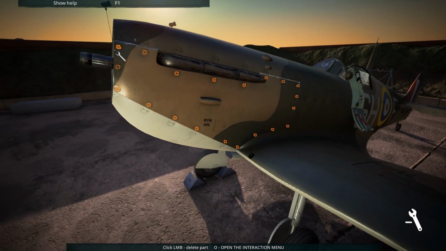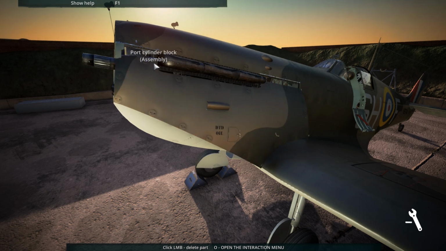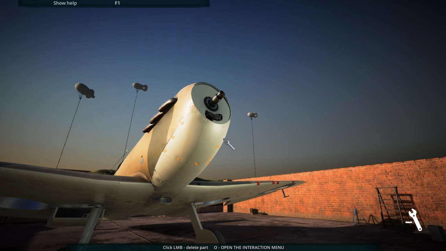So I think we do have to remove all of this cowling. Okay. All right. Yeah, we're going to have to remove all the cowling just to get to this front piece. All right, so